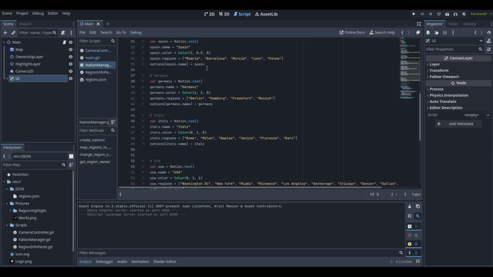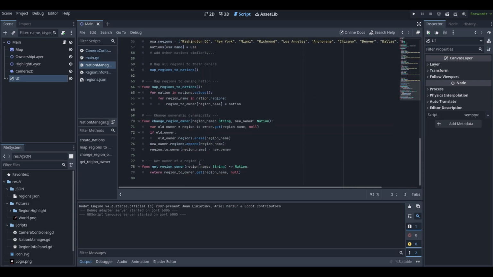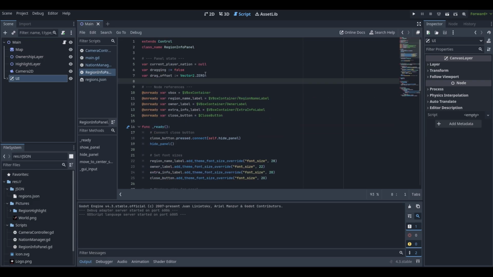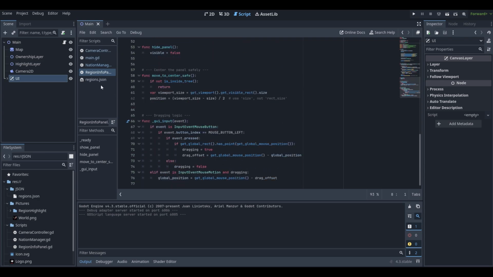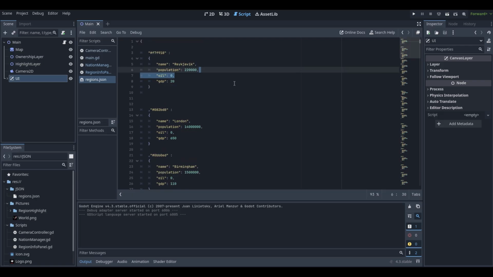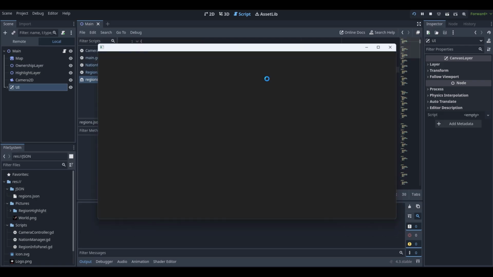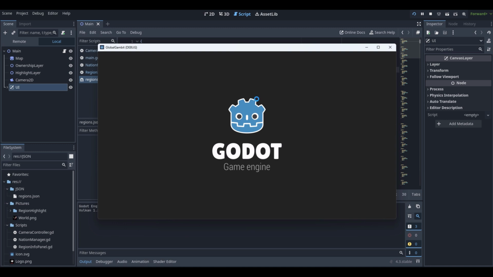Then we have our nation manager, which sets up all our countries. Then we have our region information panel, which basically shows the player what content is part of their nation. And then we've got our regions.json, which has all the information and resources for each region in particular. If you load it,